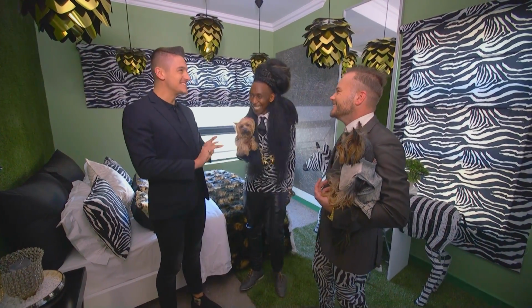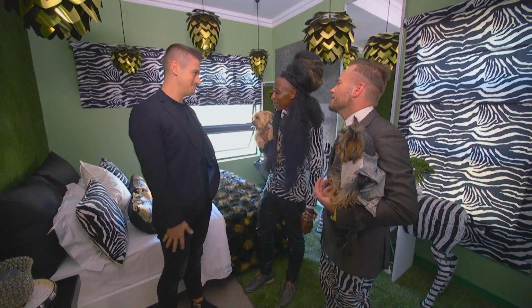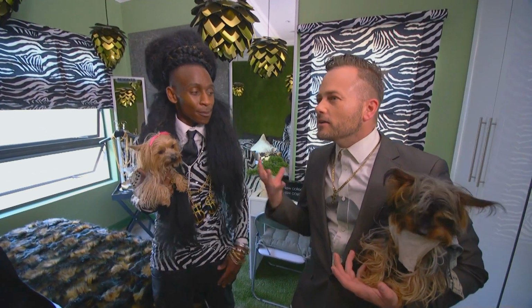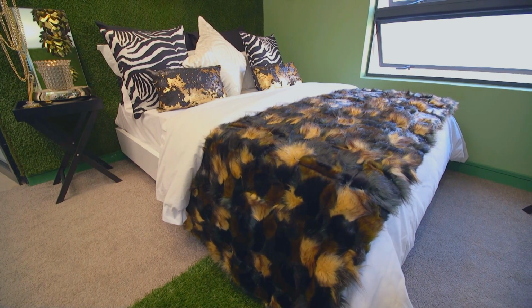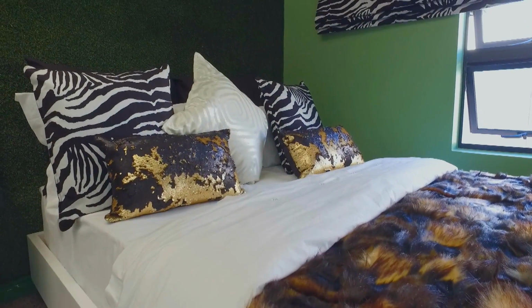Welcome. Team Habitat, this is looking absolutely amazing. It's so eccentric. Talk me through all the ideas in this room. Sure, where should I start? I'll start with the green. Yeah, we went for a jungle fever vibe. We're at a golf course, so we thought, bring the green indoors so you can play your golf. Or just get into bed and cozy on in. Yes. Yeah, and then we put in some